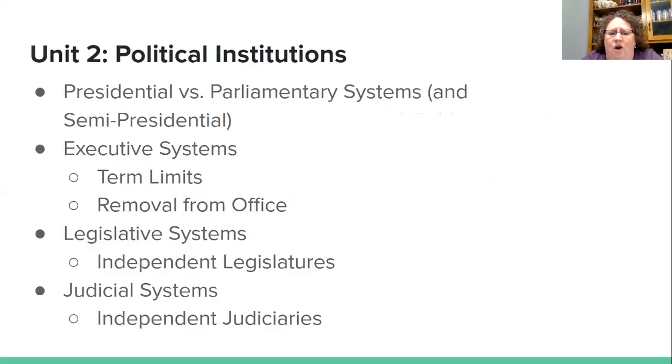So our topics today are presidential versus parliamentary, and also including semi-presidential with that, or mixed system, whichever term you prefer. Then we're going to look at those executive offices. What do the head of state and head of government do? What are their term limits? How do we get rid of them? What about our legislatures? What is their organization? And then our judicial system. So this is our political institutions unit,